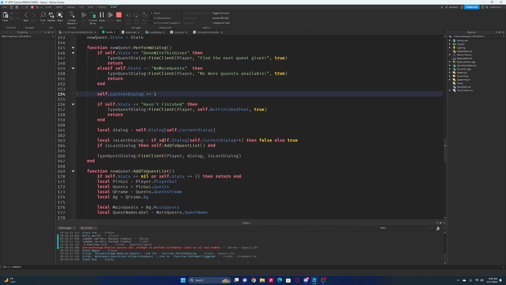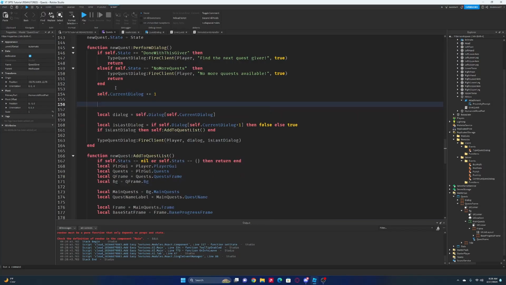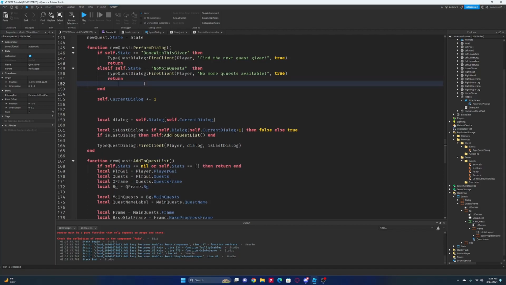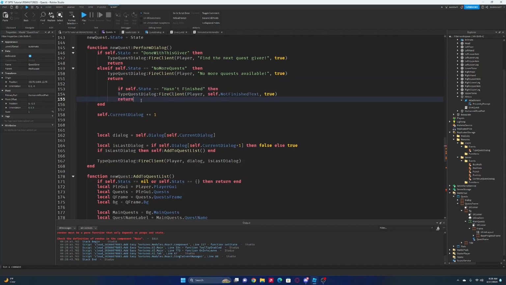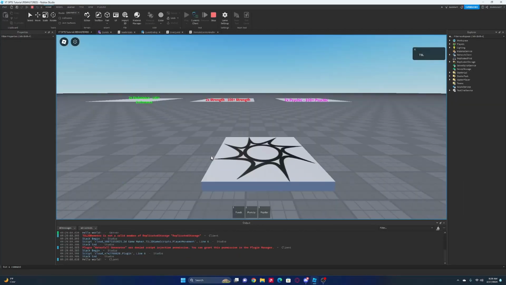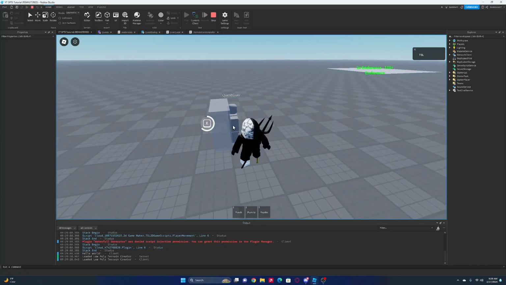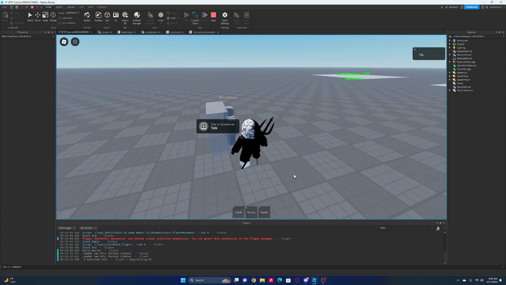So I guess what we should have done, or I guess what we should do here is maybe this first. I think we could get rid of that, unindent this, else if, and alright, let's just take a look at this real quick. Boom. Alright, this part still works. And now if we talk to him,